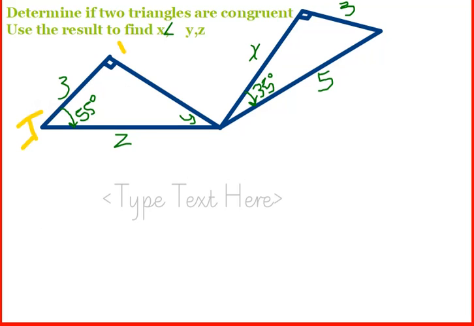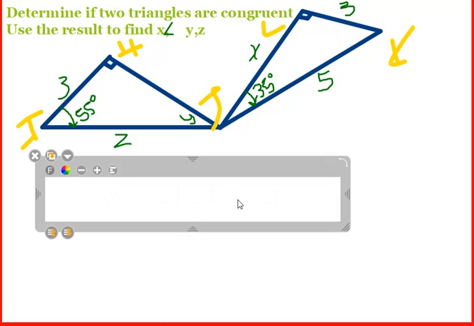So I, H, J, and then that's J, K, L, maybe. Yes. So let's say in triangle HIJ,